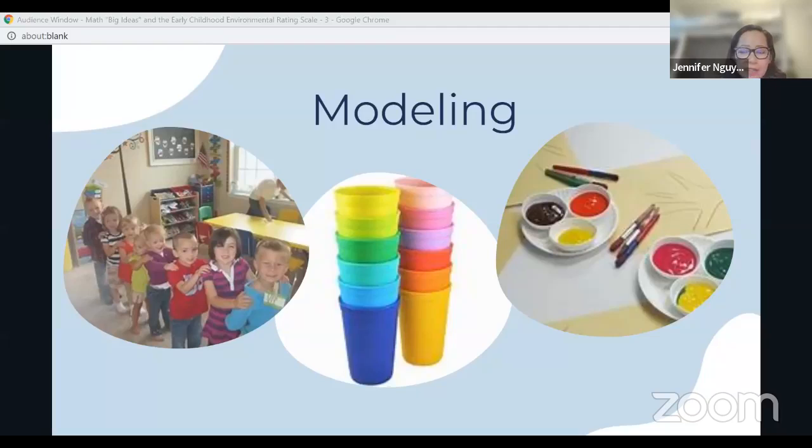You're setting up a beautiful and engaging art activity, or maybe you're having the children help and they're squeezing the paint in the little cups. Oh gosh, how many colors do we have available today? And if the child can subitize, they'll say 3, Miss Jennifer, we have 3. Cool. Do we have the equal amount of paintbrushes to use for our 3 paints? And then again, an opportunity to subitize, do one-to-one correspondence, or notice that the quantity is equal. The number of paintbrushes is the same as the number of bowls of paint. So modeling is important even in math.